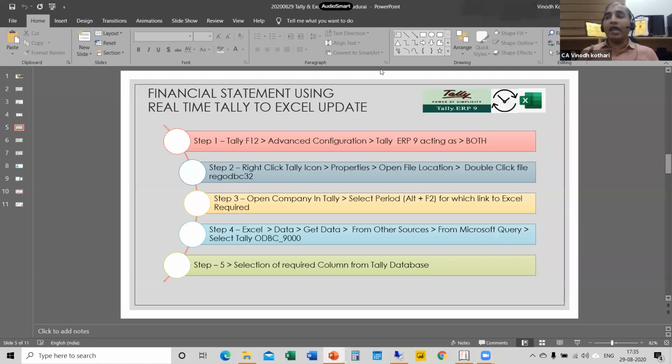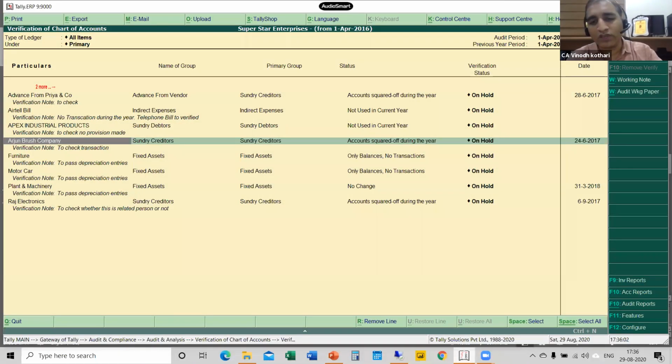But if you are having your data on an online server, this will create a problem. If an independent system is there, no issues. Directly, you can link the Tally with your Excel. If Tally is client server, will it update in real time? Sir, Tally client server, normally it will be a client server, or you need to just make the changes. Now, multi-user version also, you can make the changes.